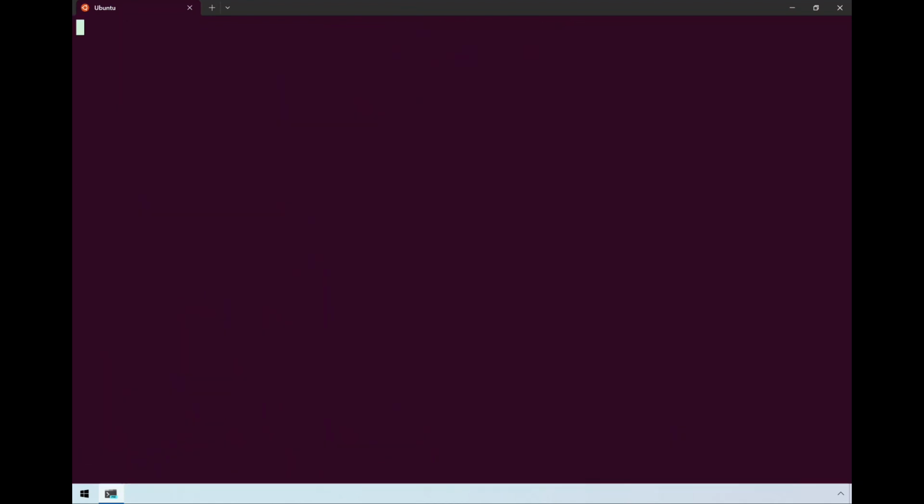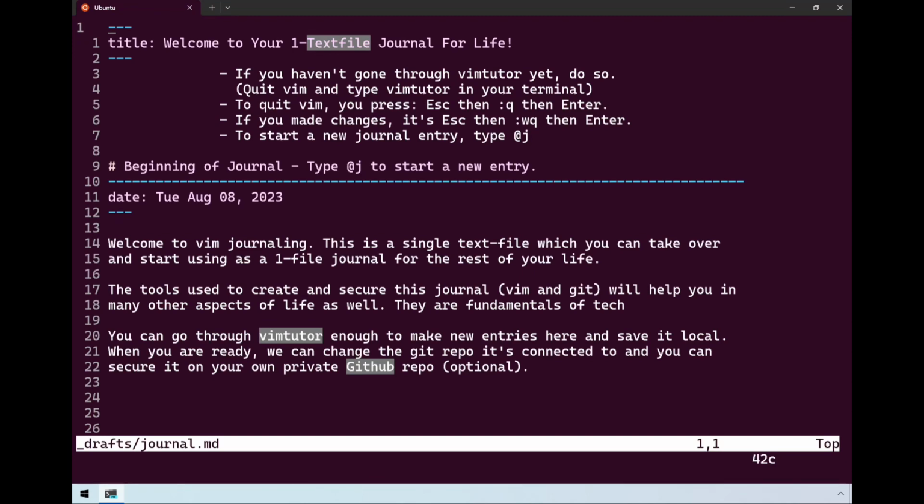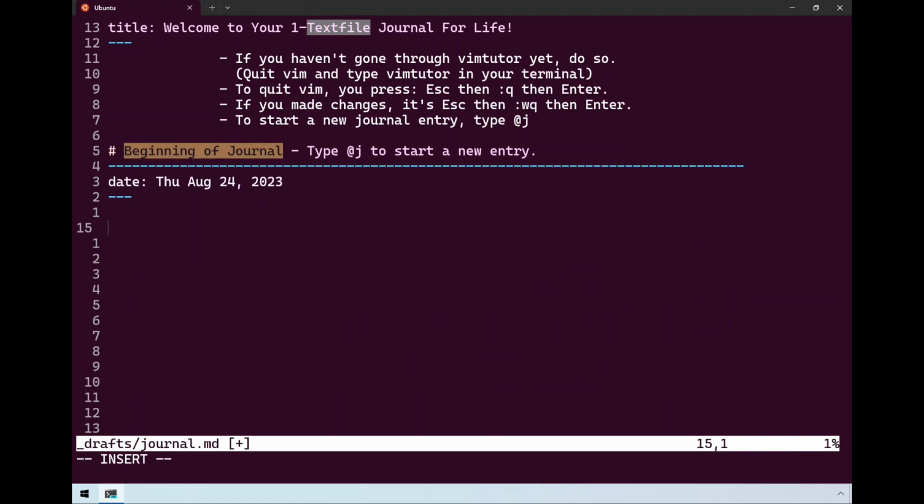And I'll be teaching you how to keep one text file for life for your journaling system. Here's my little macro to start a new journal entry. And hello world. I can journal for life and learn tech in a way that